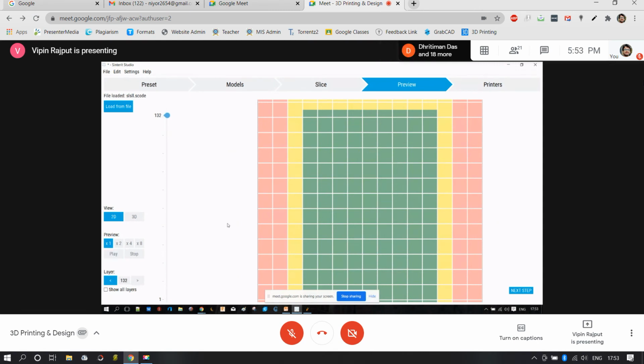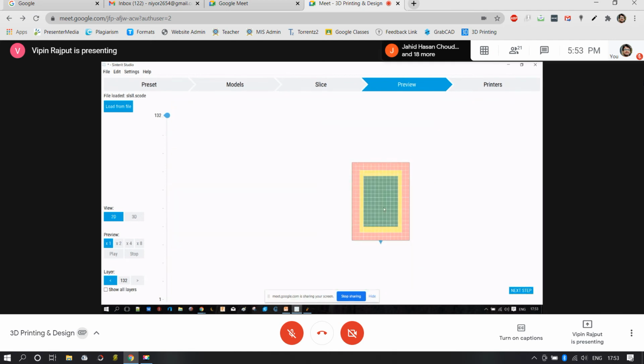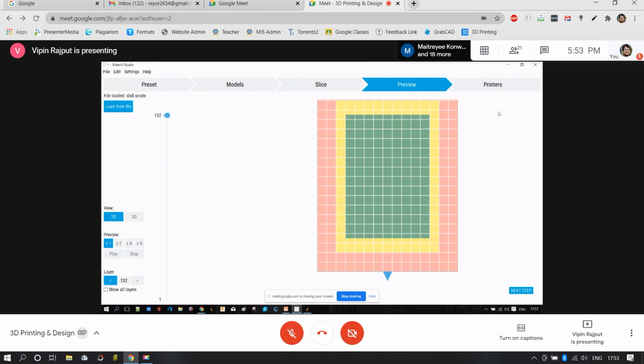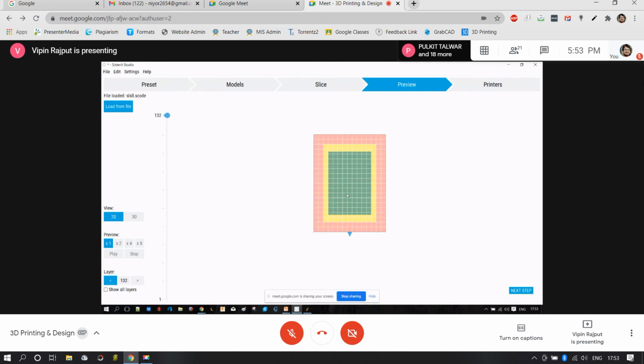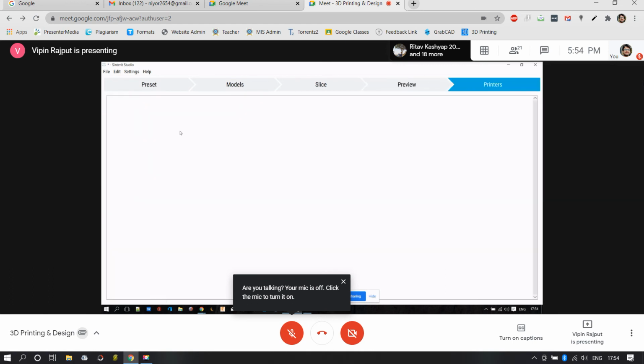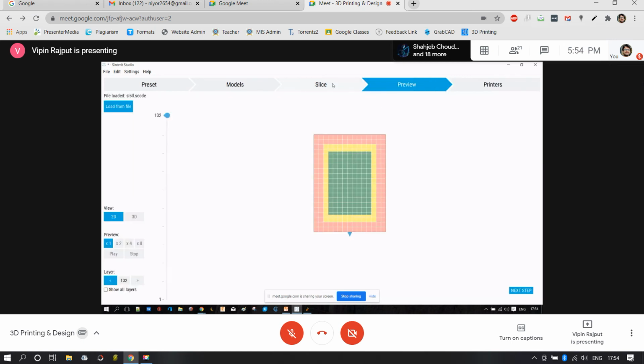So at the end, we'll get our desired output in the form of the model that we have imported. Once we are done with this, our G-code was already saved, and thereby we can export our G-code to the printer in two ways. Either we can connect our printer to Wi-Fi, or we can send our G-code to the printer by means of a USB disk. These are the two provisions available. And in the printer section, if the printer is connected, you can see your printer and simply send your parts to that particular printer.